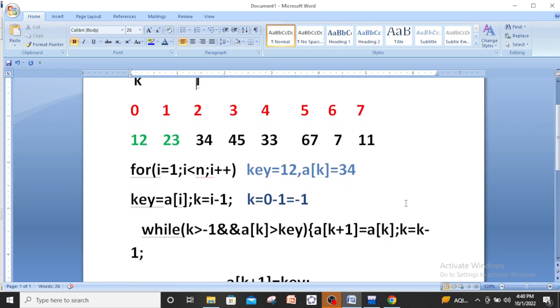Now if you go for the next time, the while loop will not work because now k is minus 1. If you go for the while loop, the first condition says that k must be greater than minus 1, but k is minus 1, so this while loop is not going to work. You will come out of the loop and go for the next value